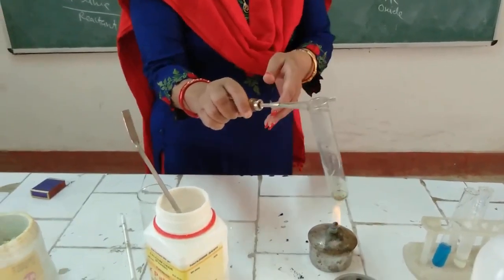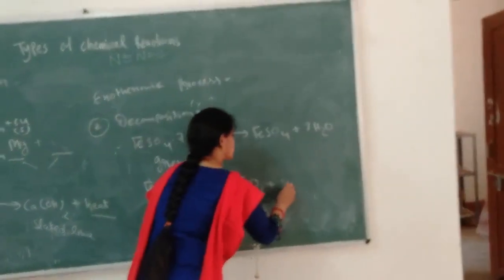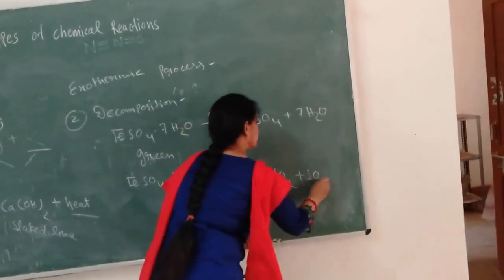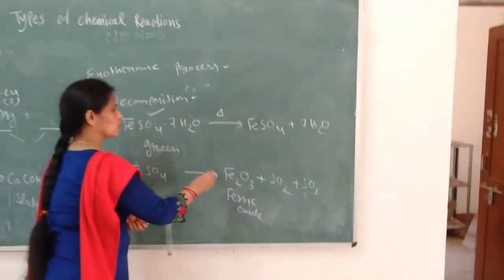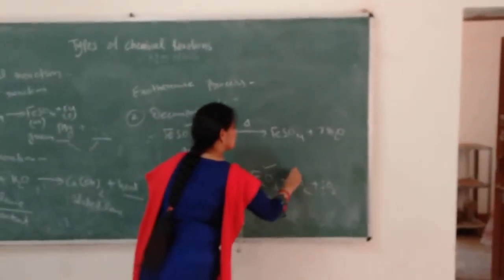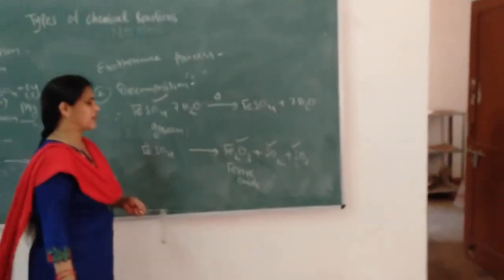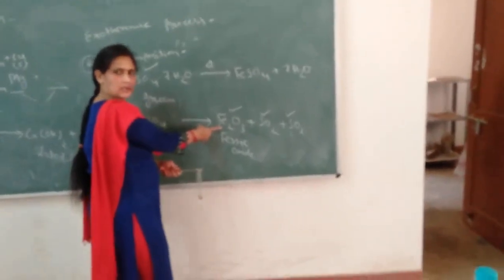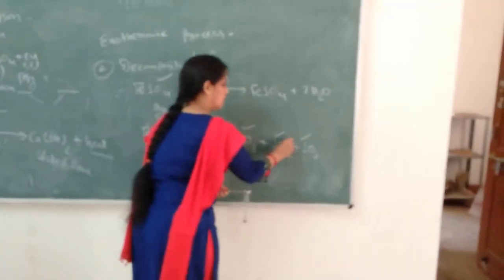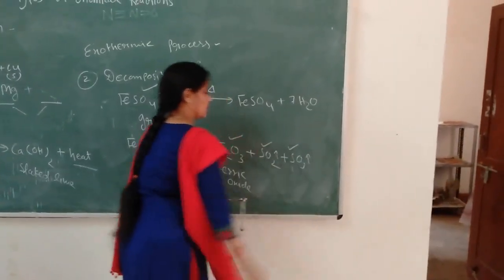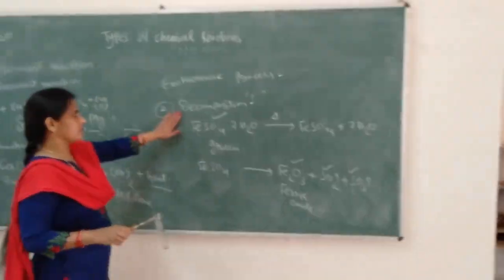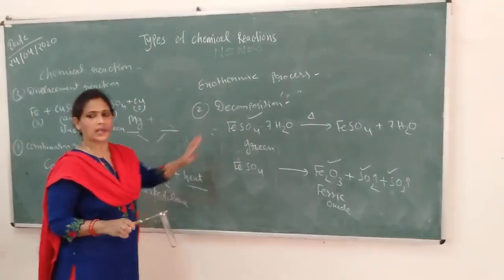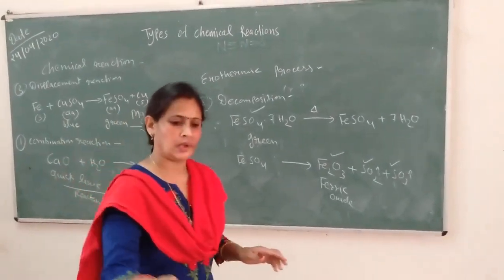Okay. Since in this reaction this single reactant breaks down into three products named ferric oxide, that is a brown color substance, and two colorless gases, sulfur dioxide and sulfur trioxide. So this is an example of which reaction? Decomposition reaction. Then next,